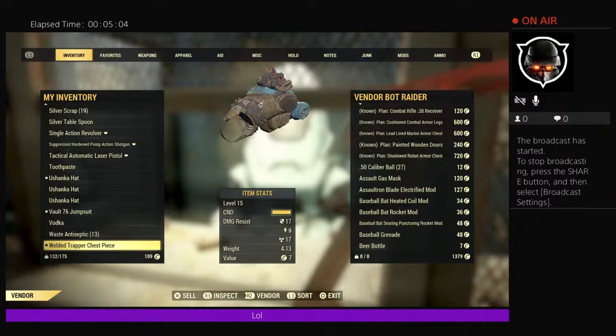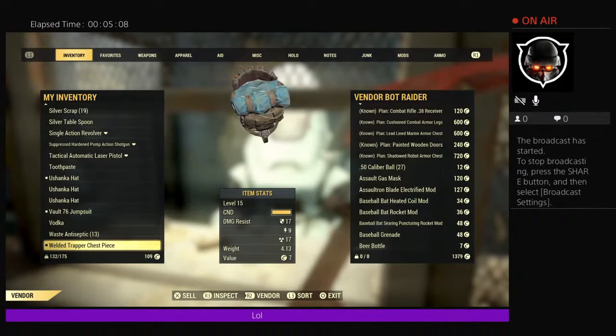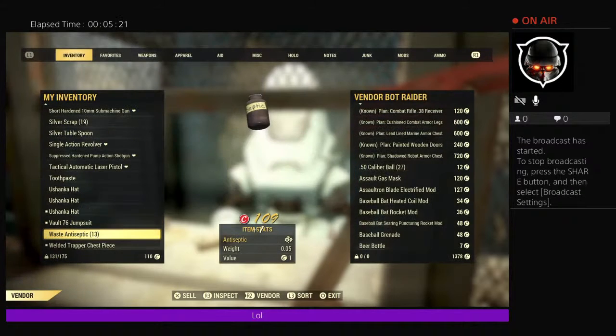Other than that, I have Ushankas, one for Nikki, because Nikki, if you didn't see last stream, might be getting it sometime either tomorrow or the next couple days. And I also will be getting Arc around this time as well. Now, there are 50 cals, and I figured out what 5mm was for, so 5mm is actually a caliber for...